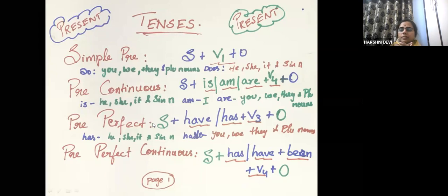Now, normally in rainy season, not in present winter, in rainy season, when you sleep and you wake up in the morning, you come out and see, suppose you woke up at 7 a.m. or 6:30 a.m., you come out and see that it is raining. Then you go to your mom and ask, Amma, how long has it been raining? Then she says, it has been raining since 3 o'clock, dear. Right? So, the thing is,